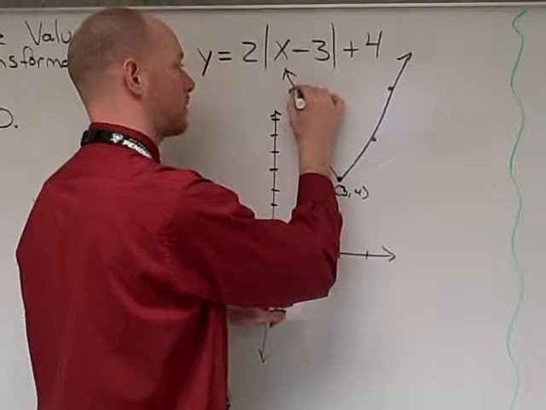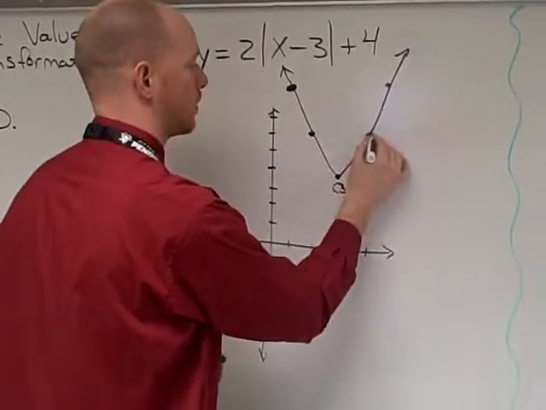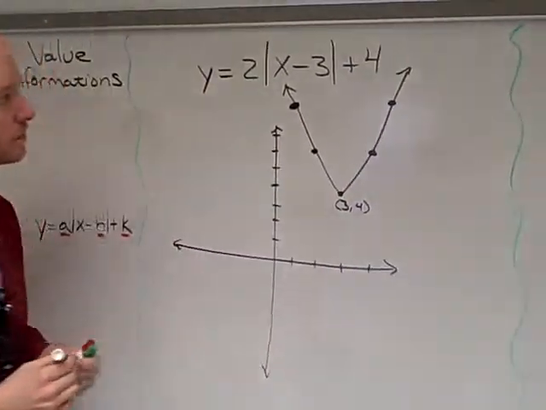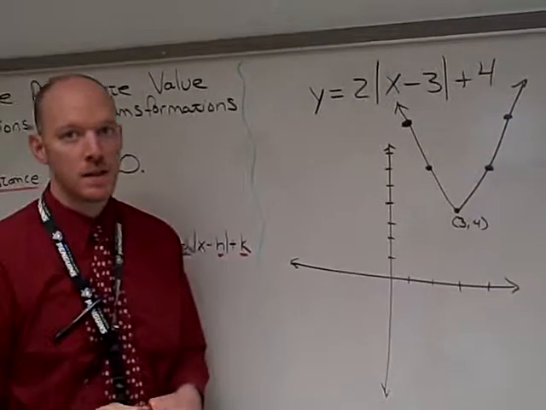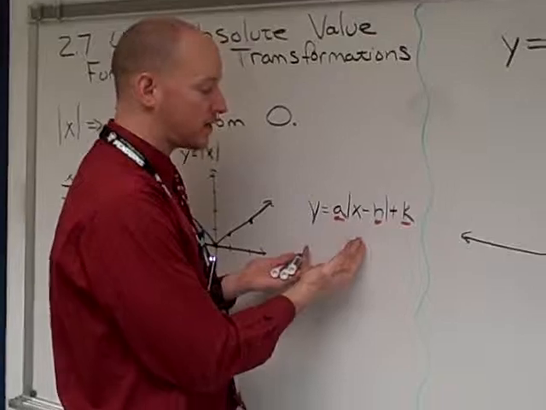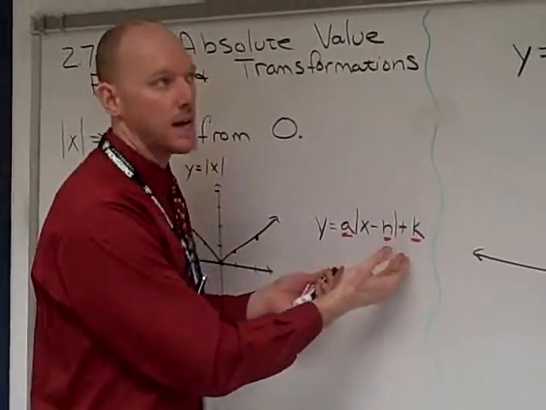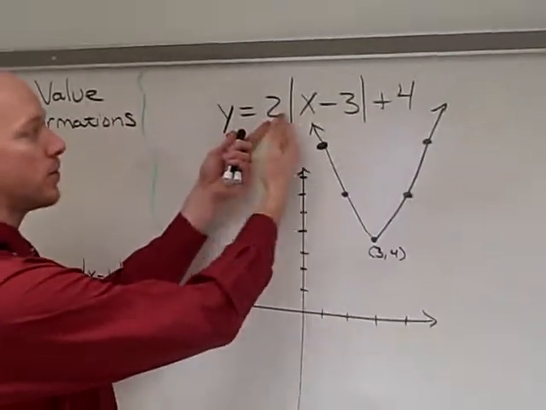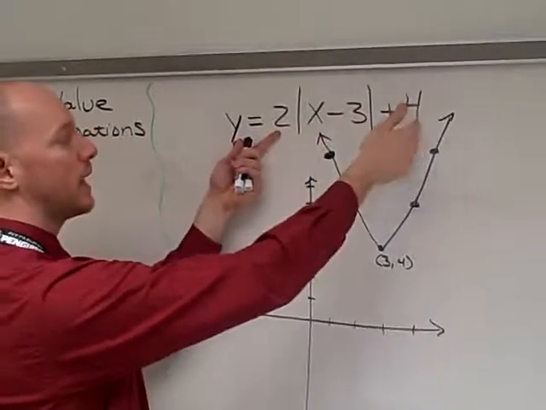Oops, I missed my points. Just keep that. So our objective at the beginning was to be able to graph an absolute value equation in this notation. And here we have an A value of 2, an H value of 3, and a K value